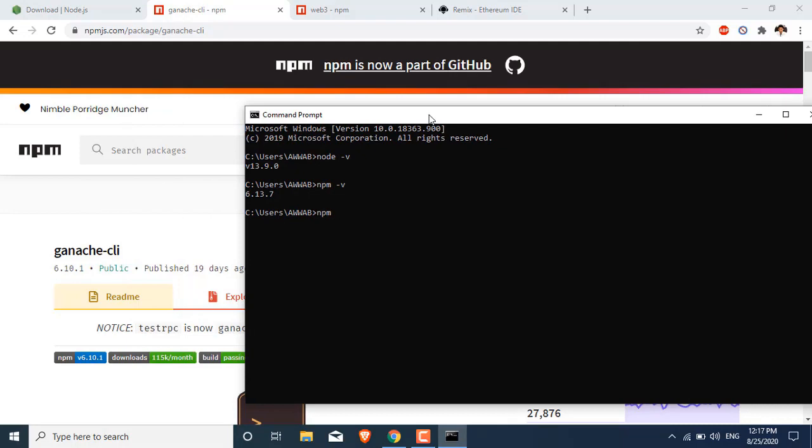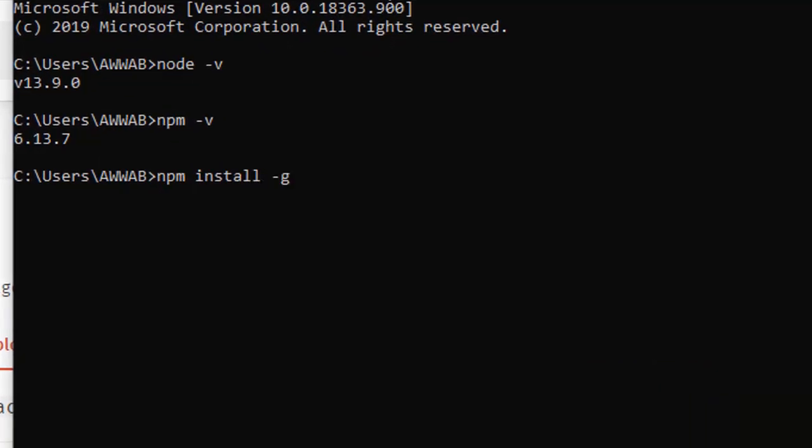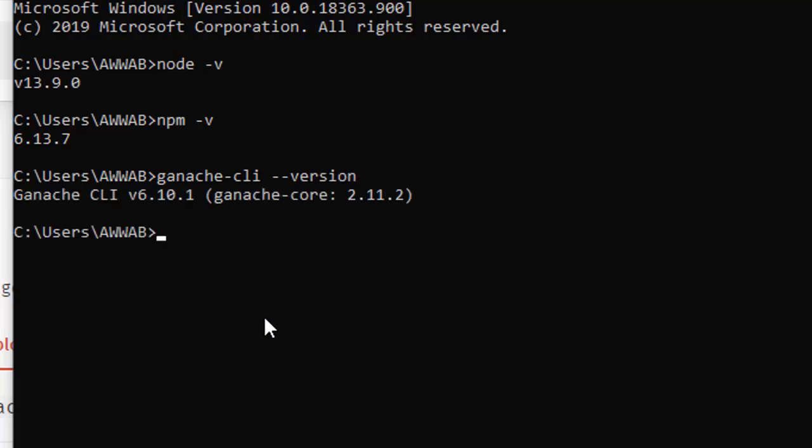So you will write npm install -g ganache-cli. You press enter and it will install. It is already installed on my computer. To check, we can write ganache-cli --version. So if we look, you will see that it is already installed.